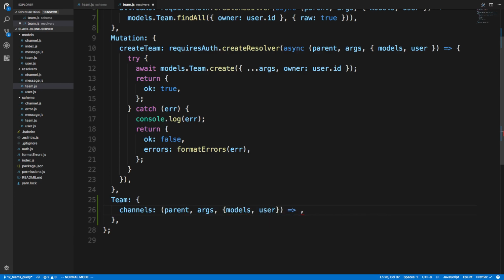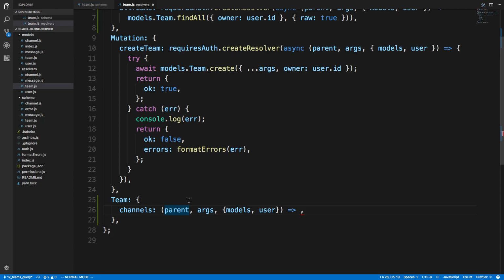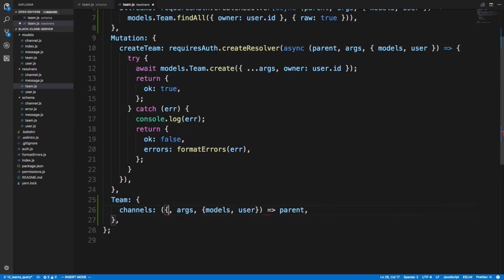So we do not have any args for this guy. Our parent object is actually going to be a team object. So you only really use the parent if you're using a child property like this. So we're going to have an ID, a name, an owner, members to look at. So here I can say parent, and I can actually, if I want to, say the ID, which